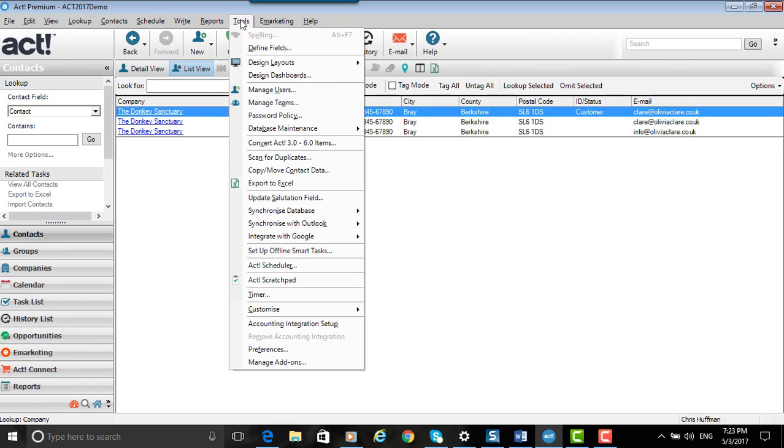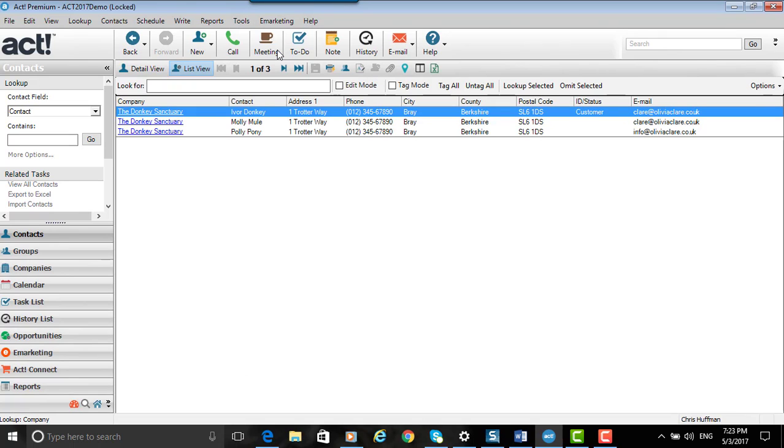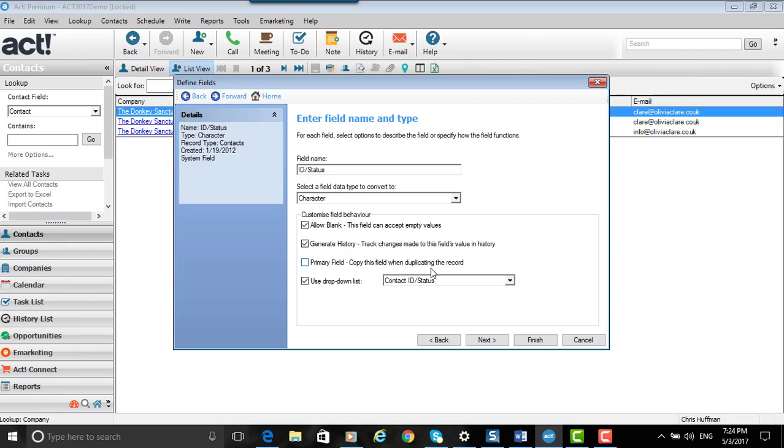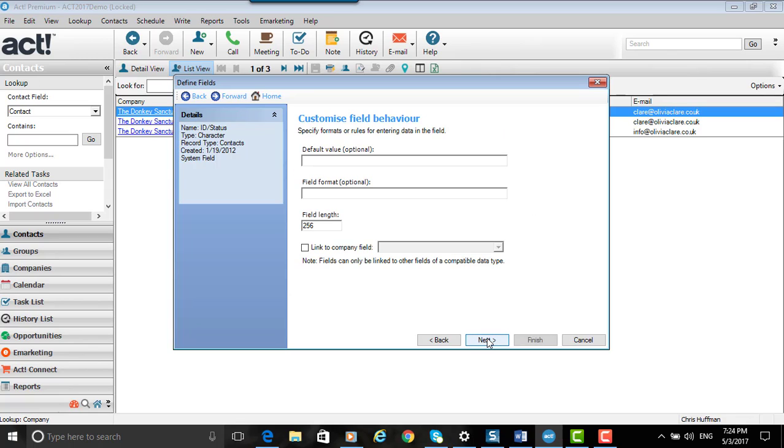If we go into tools and define fields, we can see in here that we're looking at the contact fields, and you'll see that you've got a column in here that shows us where a contact field is linked to a company field, and we can see the fields that are actually linked. And what we're going to do today is double click on the ID status field, look at the rules on the ID status field, go next, next again, and we can see here that we can link